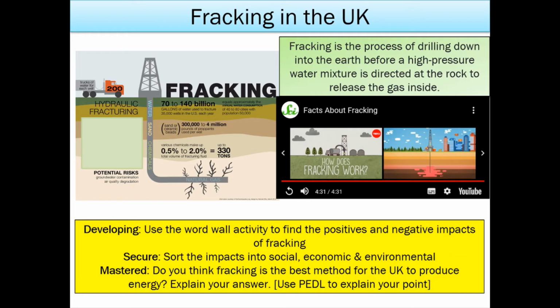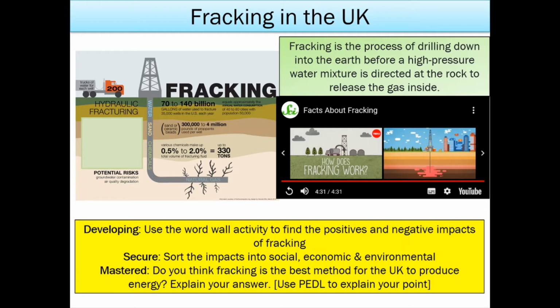Once you've sorted that out, you can move on to the secure task, which is then sorting those impacts and deciding which of those impacts is social, which one's economic, and which one's environmental. So which one links to people, which one links to money, and which one links to nature or the environment changing. And then for master, do you think fracking is the best method for the UK to produce